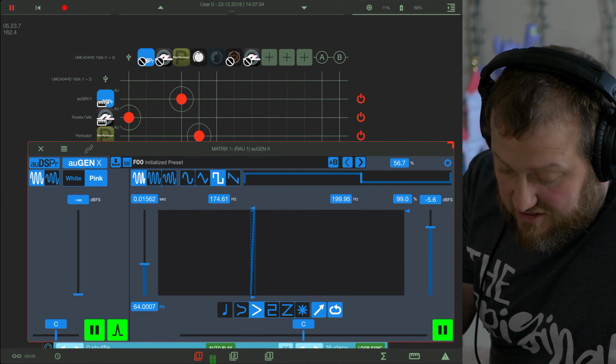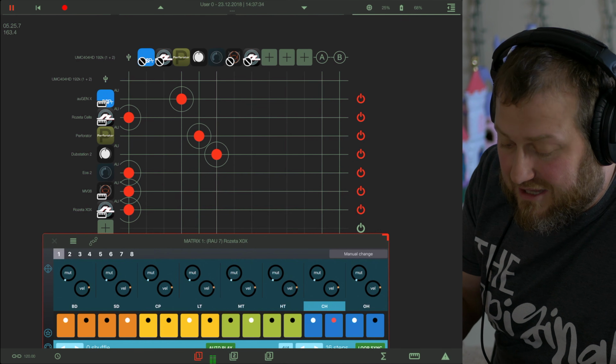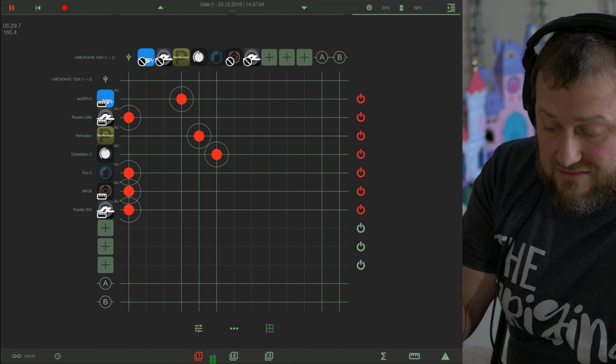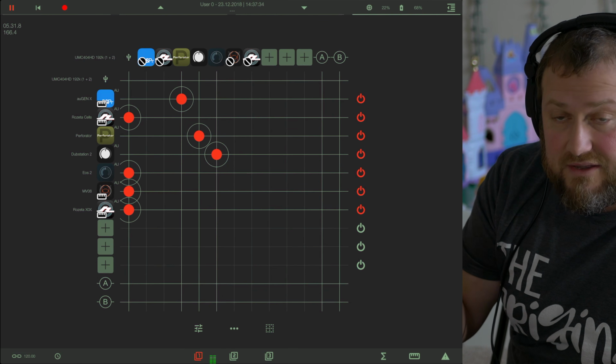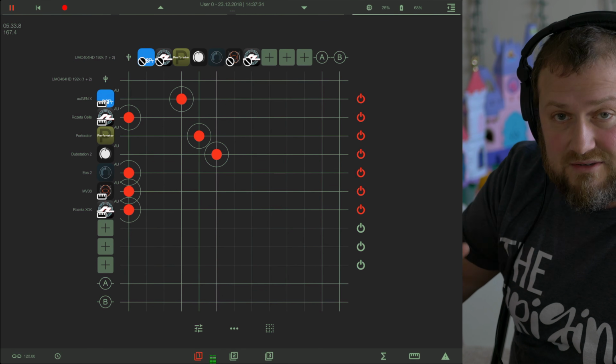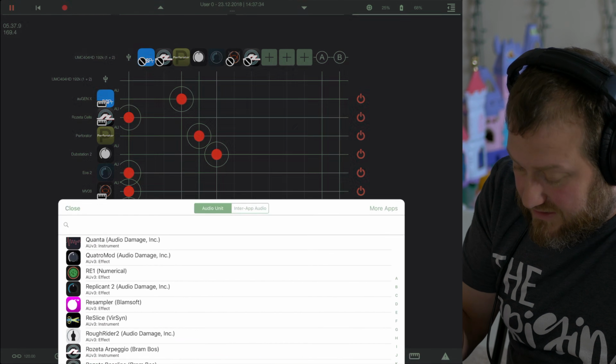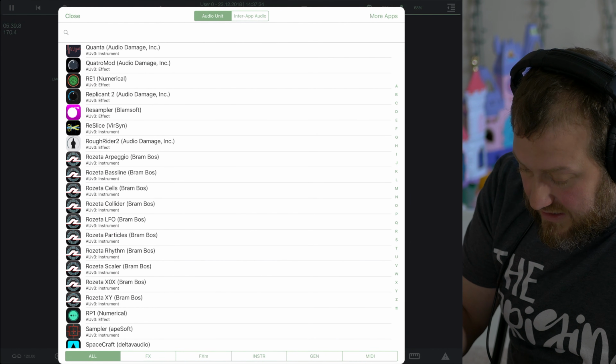Okay, and so another thing we can do, so we basically built a modular synthesizer here, because you have an AU, you have an oscillator, and then an oscillator is being routed into some effects, and it's being sequenced with Rosetta. Okay, so let's bring up LFO,